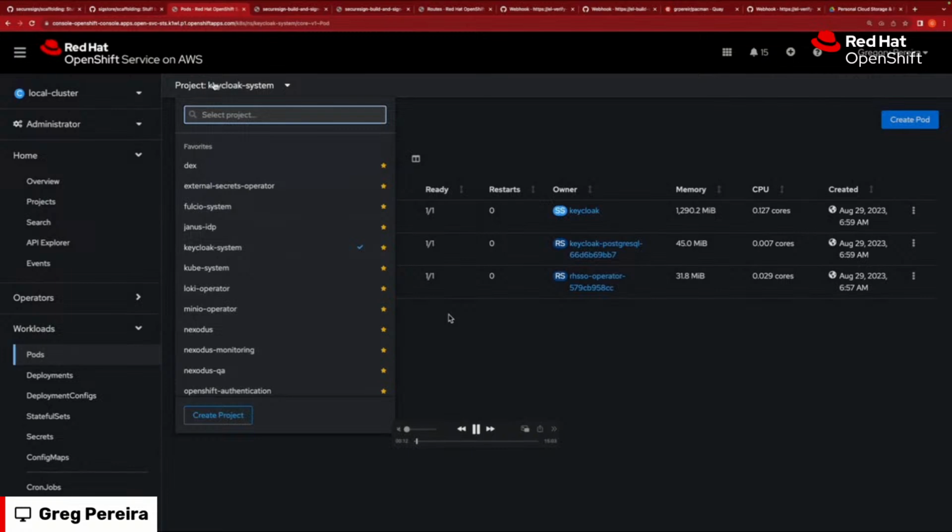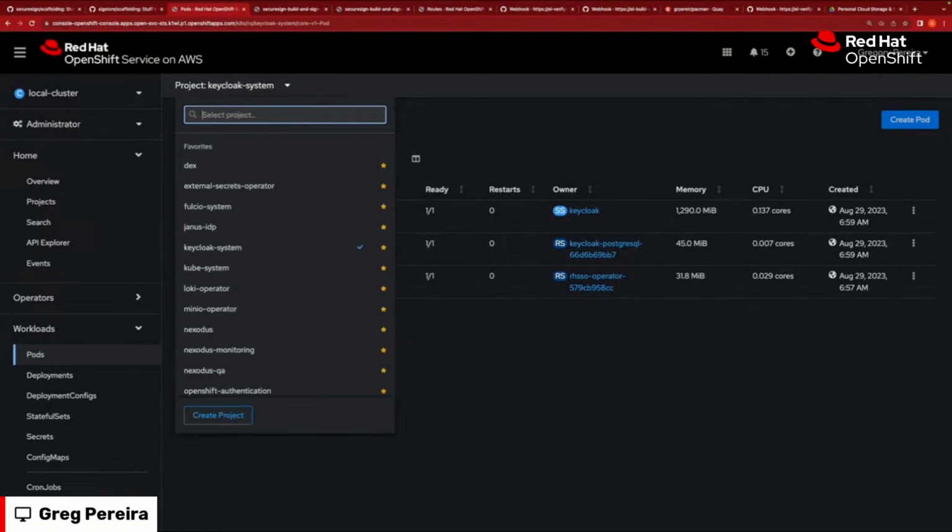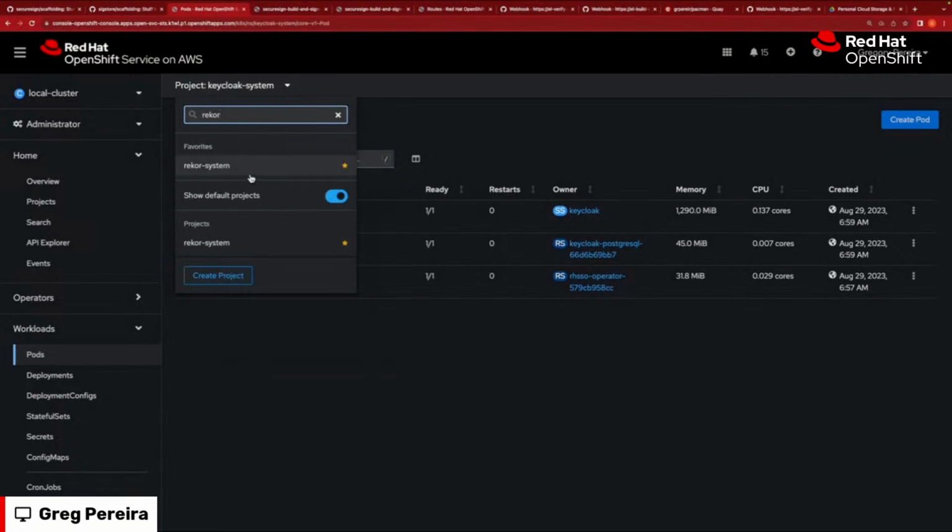Just want to make sure this is running. This is the OIDC provider. We've gone for beta release because it's easy and workable. We have also all the other components deployed here. We have Fulcio in the Fulcio system namespace. We have the TUF root set up in TUF system. And I think Rekor as well set up here. It's the transparency log. So just kind of verifying that the stack was properly installed to start this, which is